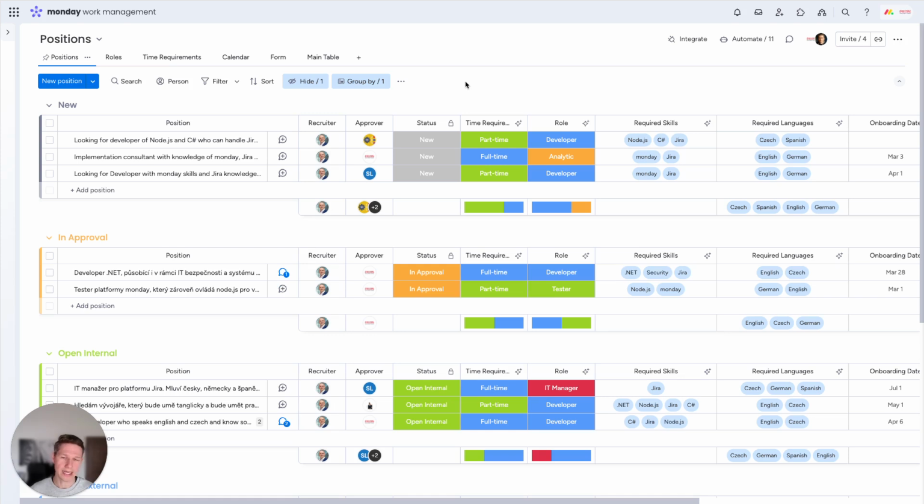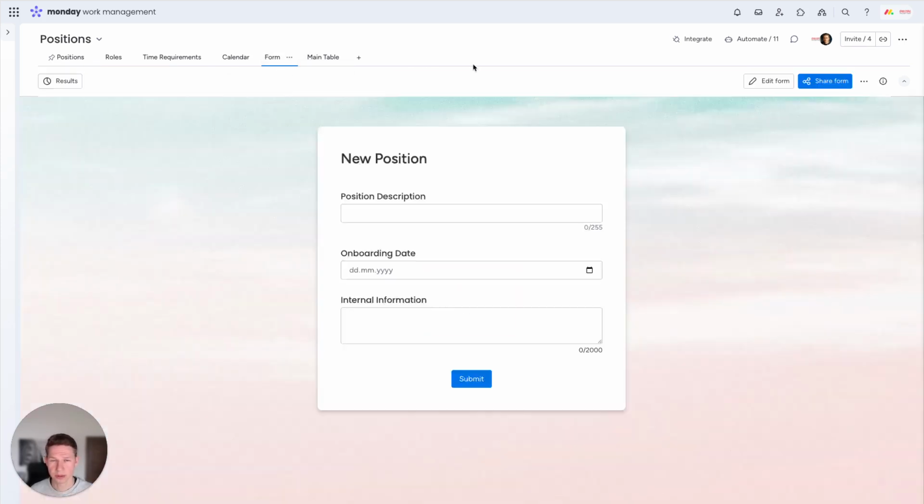If I were an HR member, then I can open the position just by adding the position here as an item. If I were a manager without access, I can use a form, which can be embedded in your intranet or somewhere, or just linked in your website or somewhere else. So what the manager would do is just fill in the position. So today we are looking for